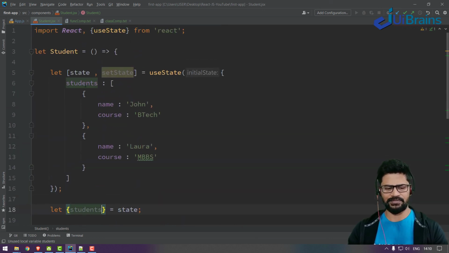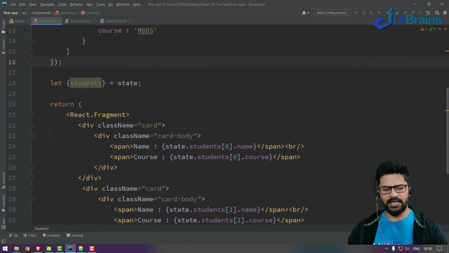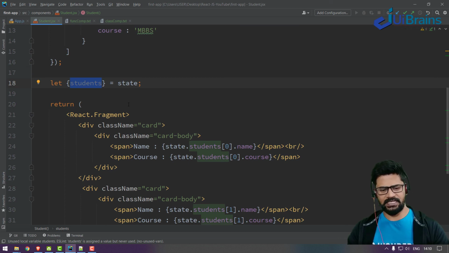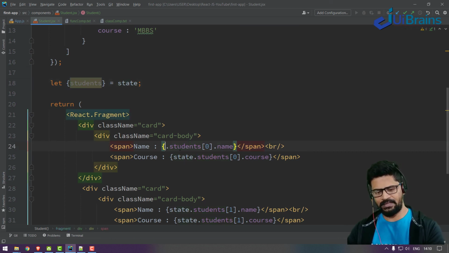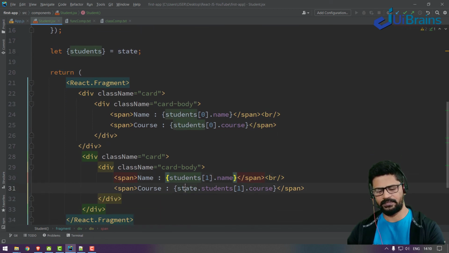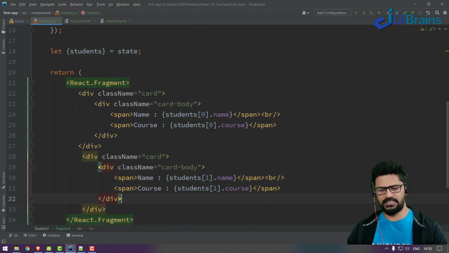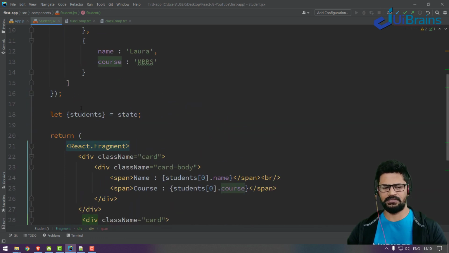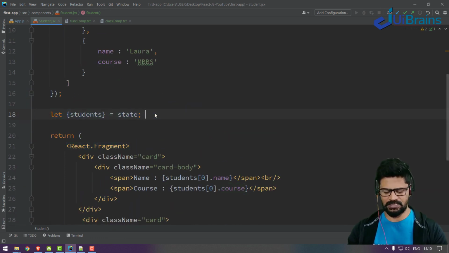For example, if you have students, lecturers, too many things, then you can read them directly. If you destructure like this, then there is no need to specify the state. Just say directly students name and students course, because of the destructuring concept. This is destructuring in ES6 or ES2017.